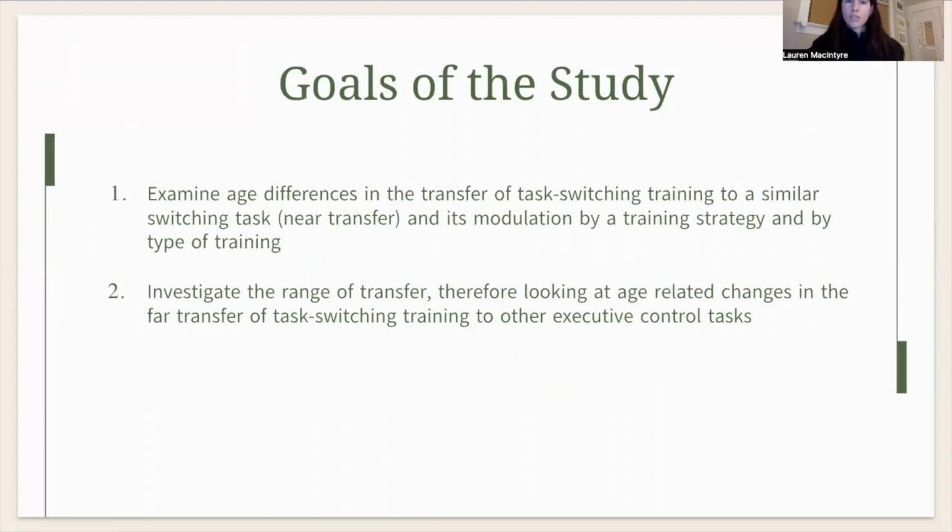And the two big goals of the study. One is to examine the age differences in the transfer of task switching training to similar types of tasks. So this is near transfer and its modulation by the type of training that they're in, and to investigate the range of transfer. So looking at age-related changes in far transfer of task switching training to other executive control tasks,